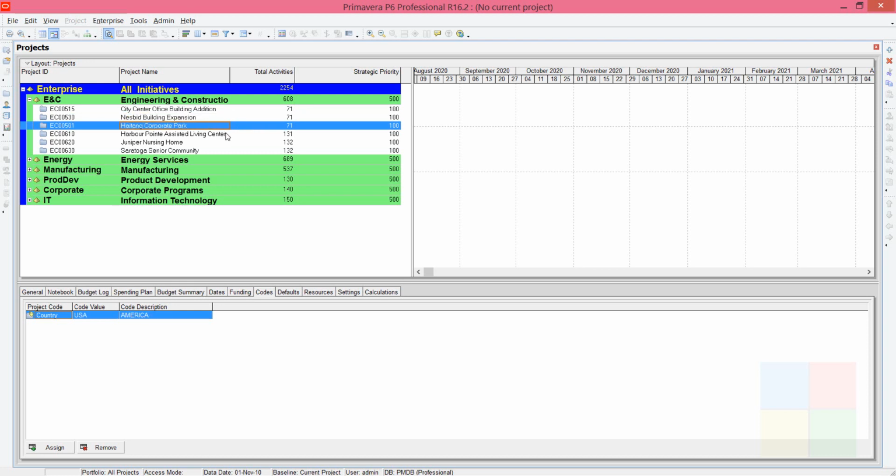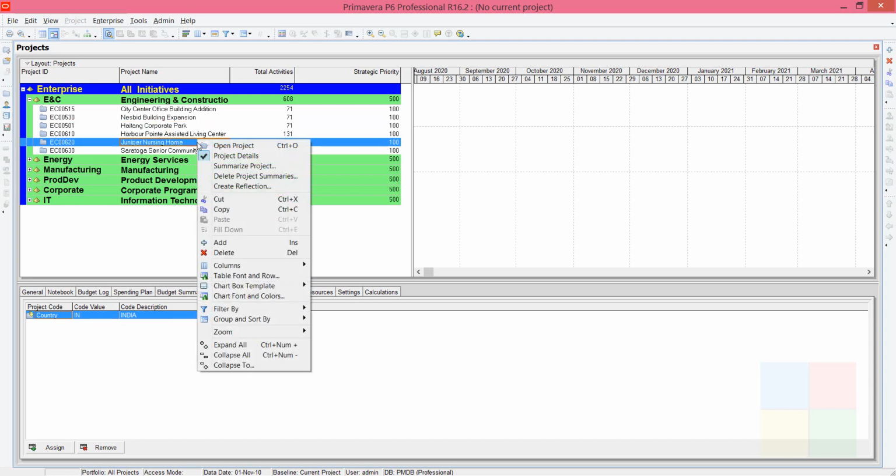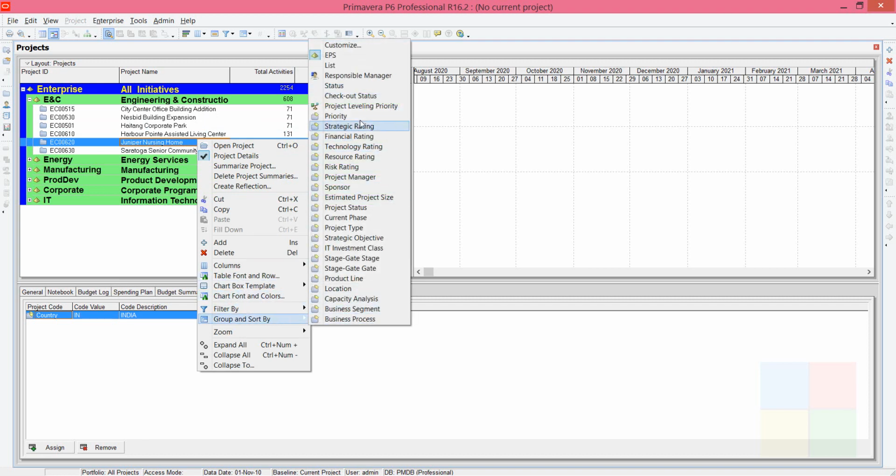Now I want to group the projects based on the country the project is taking place in. So I'll right click somewhere over here, then go to group and sort by. These are some of the project codes already available in the software, but the one that I created will be in the customize option.